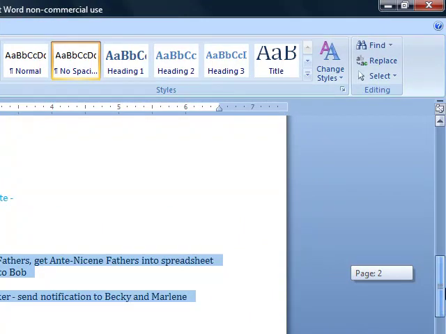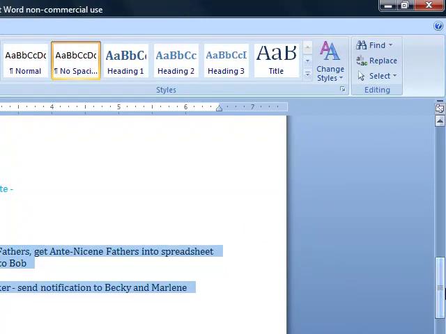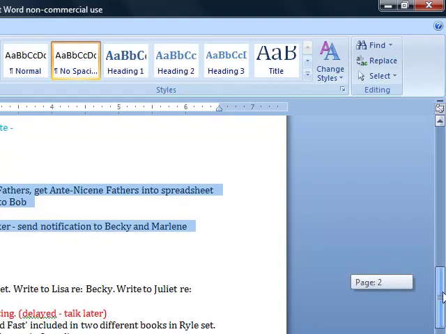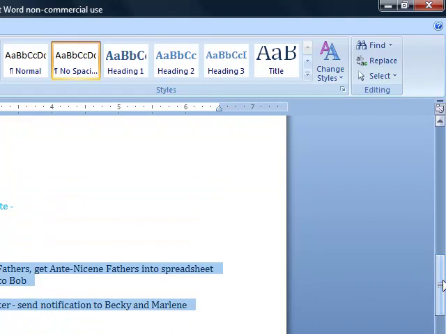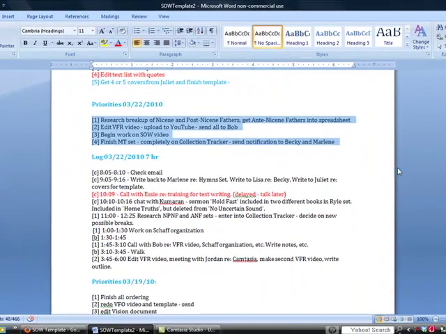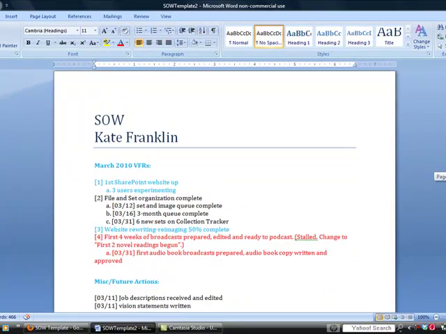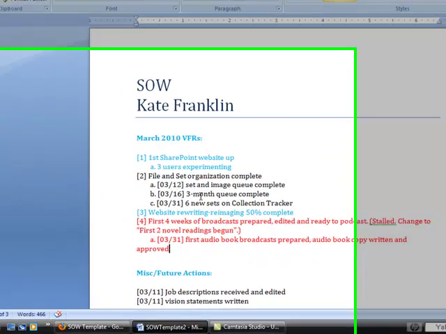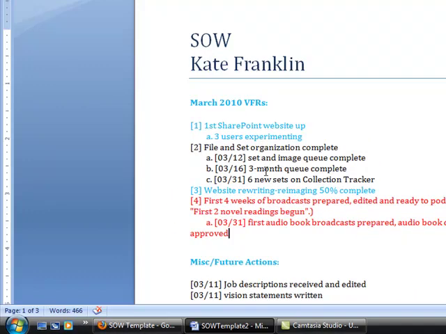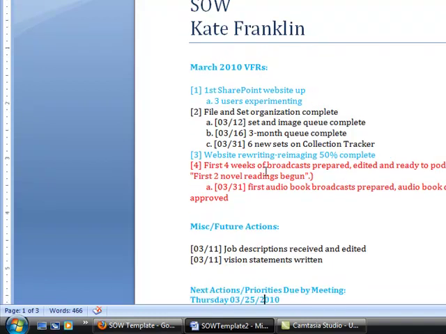Another thing you can do, if you work in a more detailed way, is break them up every morning. So when you wake up, sit down, do your priorities for the day, and then start the log. Okay? So let's go back over that one more time. We have our VFRs, our vital few results. Those are the most important part of your SOW because it keeps your mind on those results that are desired, that are vital to the company.